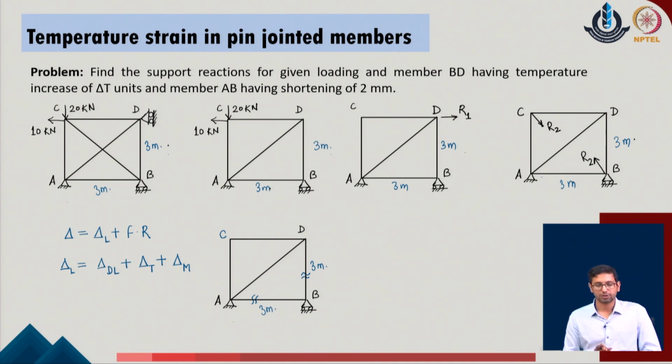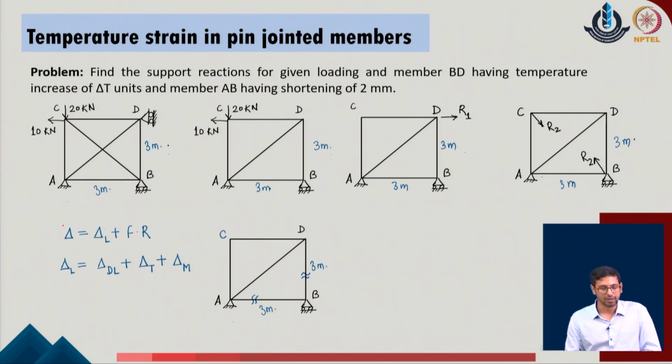Okay. Now, as we move to the next case, we consider a temperature strain in the pin jointed structure. As an initial problem, we have considered that the similar problem was subjected to any change of the length of a member, say the member BC, but that member BC was also the condition of the compatibility which we were defining, because the redundant was selected in the same direction, and that gave us an easier way to define the corresponding change in the length in the delta measure.